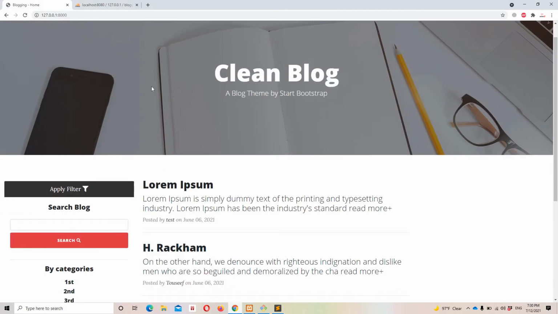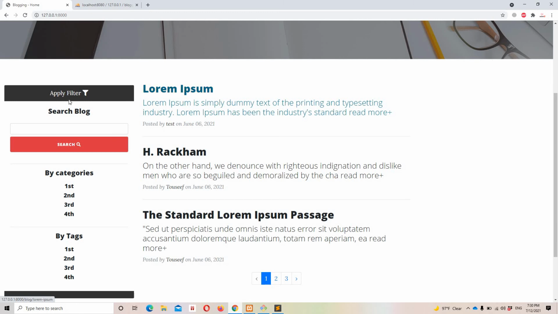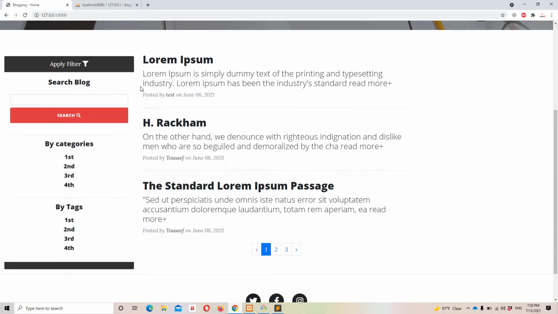So guys, in the previous video we successfully implemented the card that was related to filter, and we also did some customization so that we can make it look better. In this specific video we are going to implement the filter based on the categories and tags. Once again, we are not going to cover the search functionality in this video, but we are going to cover it in a separate lecture. So guys, let's start implementing the filter that would be based on categories and tags.